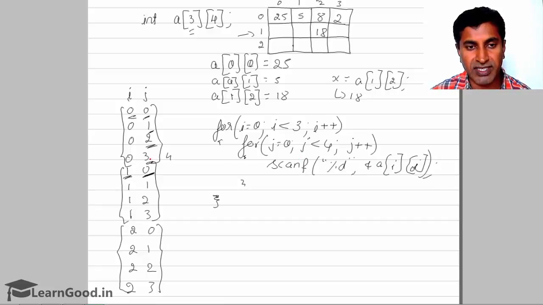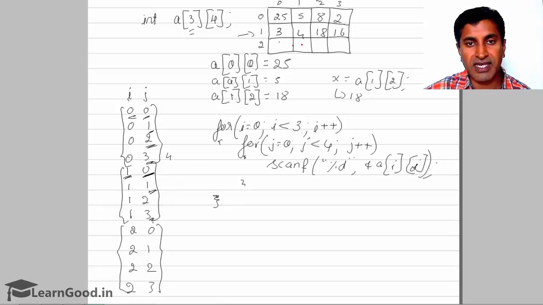So again i comma j. This time it will read here 1, 0. So 1, 0 is nothing but this location. I'll give it as a 3, then 3 will be stored. Same way, 1, 1 value has been read, so I'll give it as a 4 here. Same way 1, 2, I'll give it as an 18. 1, 3, I'll give it as a 16. So 16 has been stored in 1, 3.